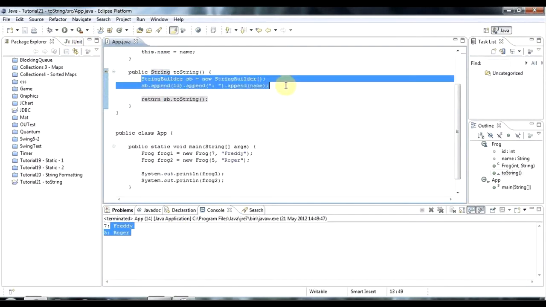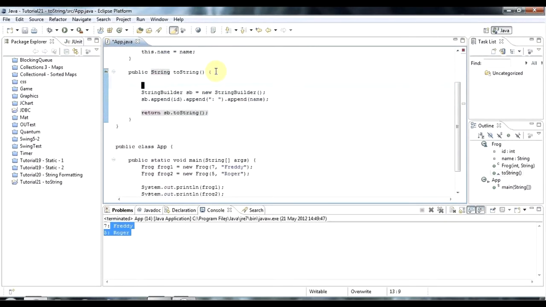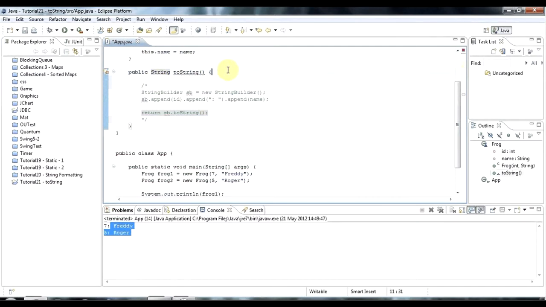And of course you can use all the stuff that I showed you in the last tutorial here, like if you want to return a formatted string. This is one version of toString. Let's just quickly look at another possibility. I hit the insert key by mistake there. So you could also do, for example, if I comment that out, I could do return